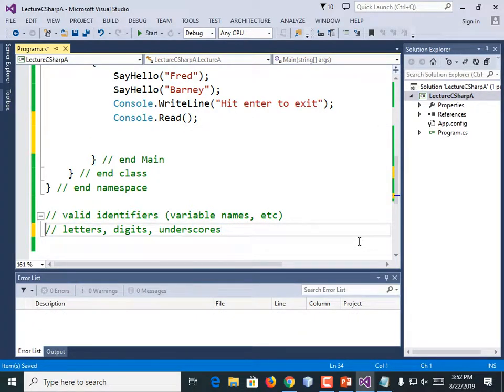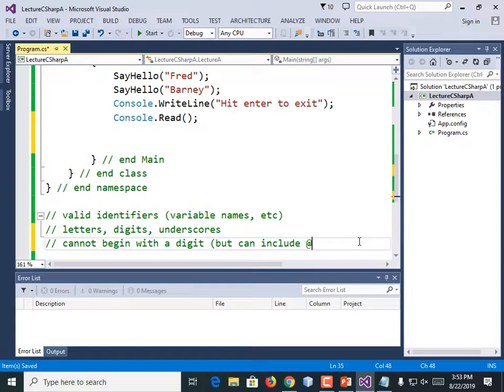All right, so valid identifiers consist of letters, digits, or underscores, but they cannot begin with a digit, but can begin with @. And I'm sure that that implies something very specific. How about $, which works in C++?